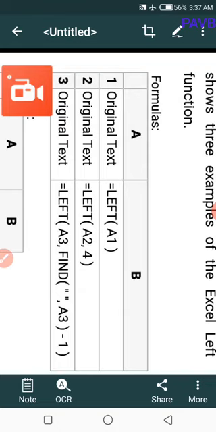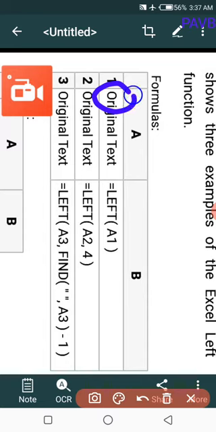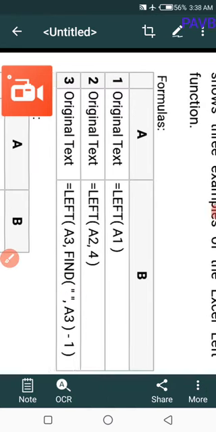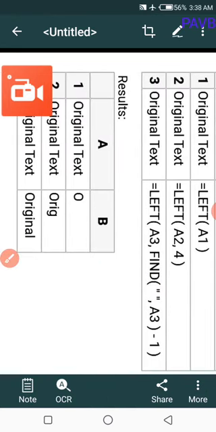=LEFT(A1). Left means what is the first letter. Here, what is the first letter? With LEFT by default, when the number of characters is not given, the first letter O will be displayed in the output. Let us see the second example. =LEFT(A2, 4). What is given in A2? The original text.